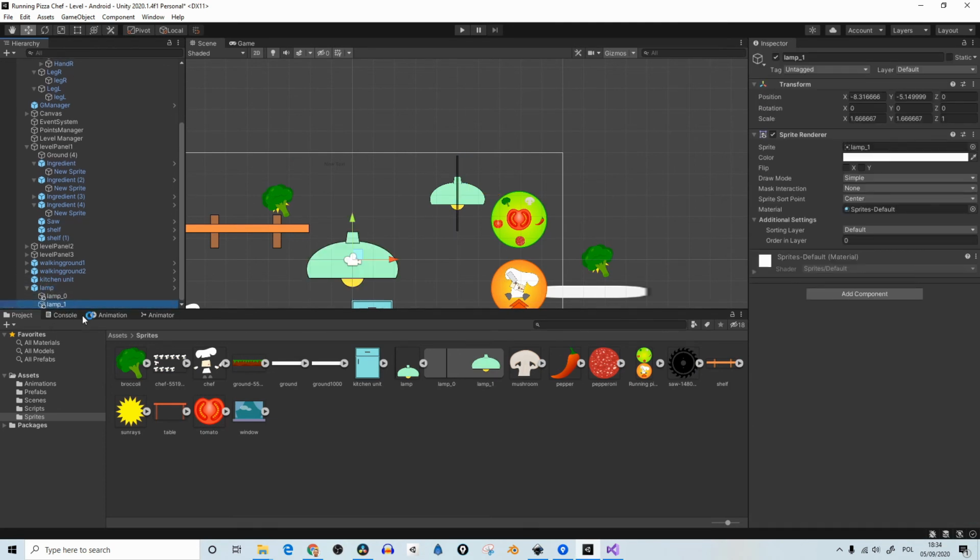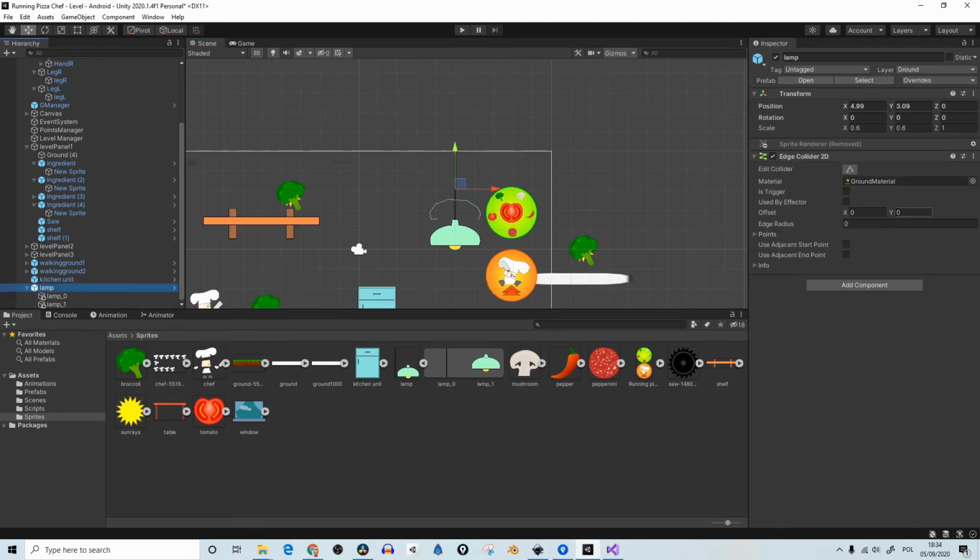I will add this lamp as well. I will reset it, and we want to make it on -1. We need to move this edge collider down, so let's move it there, save it, and we need to override